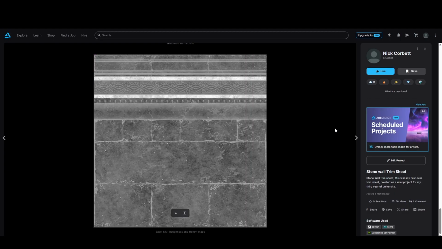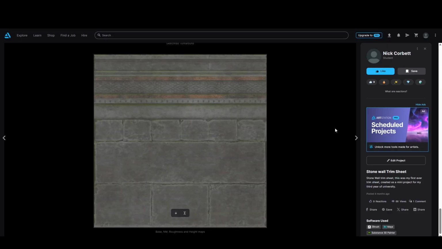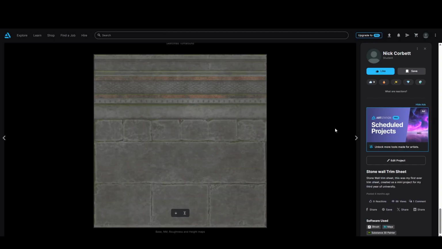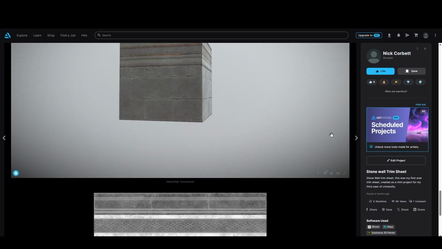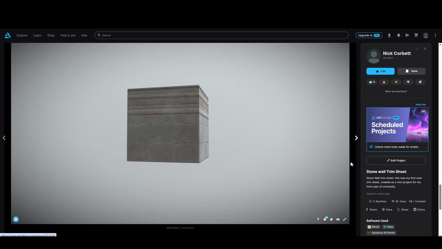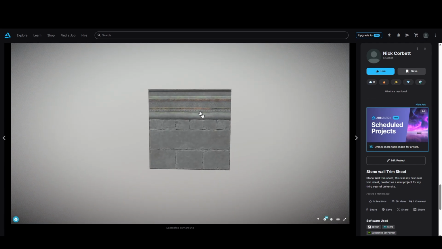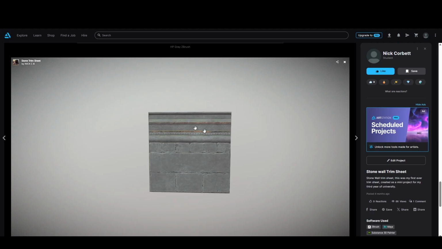somebody could quite easily just download all your images and then use your trim sheet. This is true, but that's just my own brain doing weird stuff. I don't know how you would get around that, to be honest. I could not show maps, but I figured I'll put this on Sketchfab as well and let people just have the maps laid out side by side,